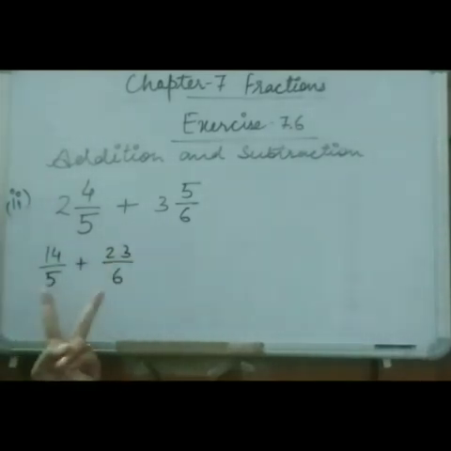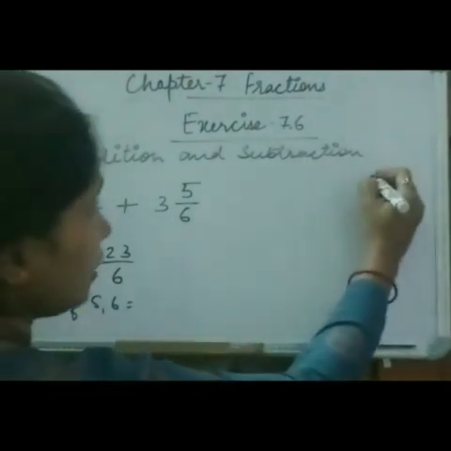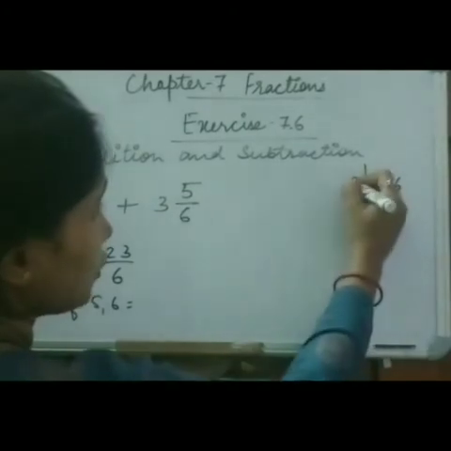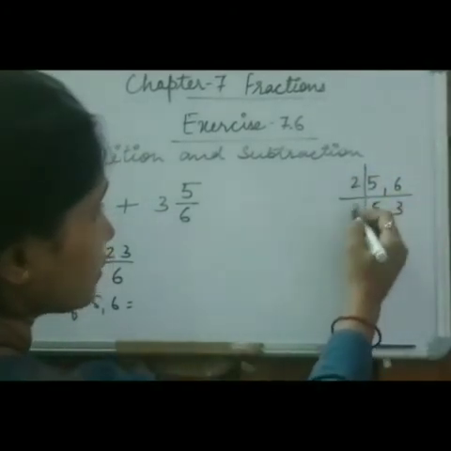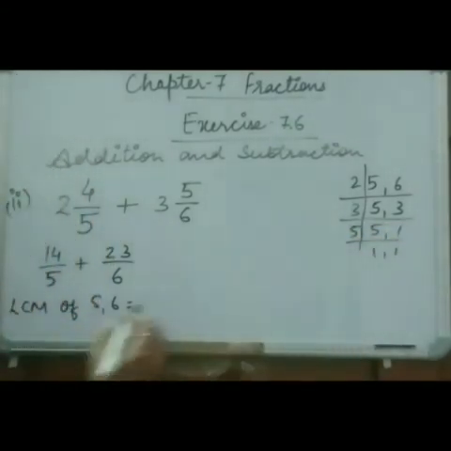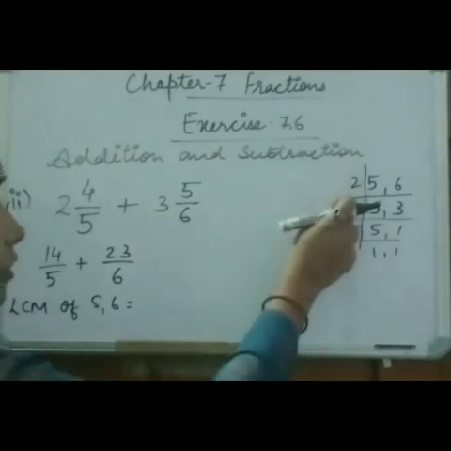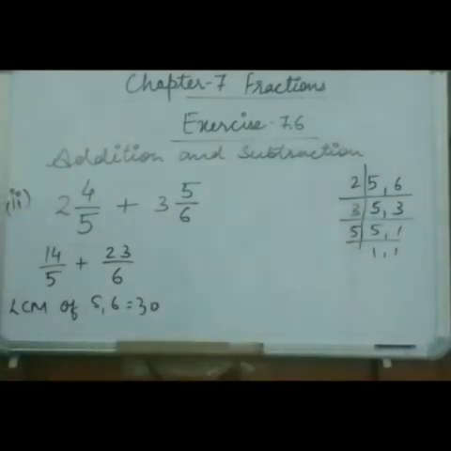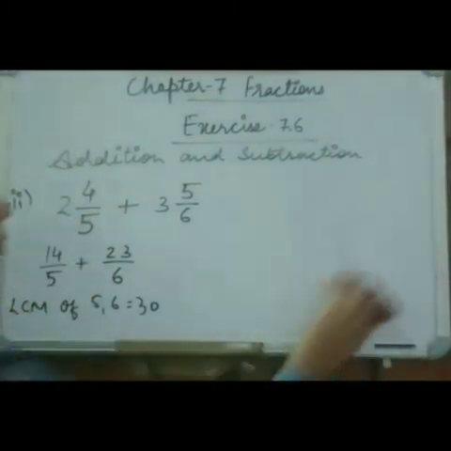We will just make them like fractions. So how will we make them like fractions? By taking the LCM. So here we will take the LCM of 5 and 6. So LCM will be 5 comma 6. 2 3s are 6. 3 1s are 3 and 5 1s are 5. Okay. So this is 2 3s are 6, 6 5s are 30. So what we have to do here, we will just make this 5 into 30 and this 6 also 30. So how will we make them? We will just multiply the denominator with some number.